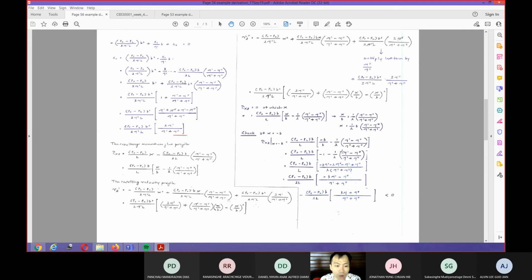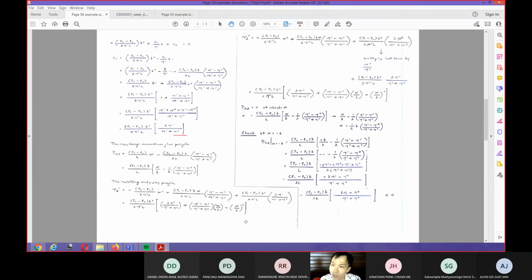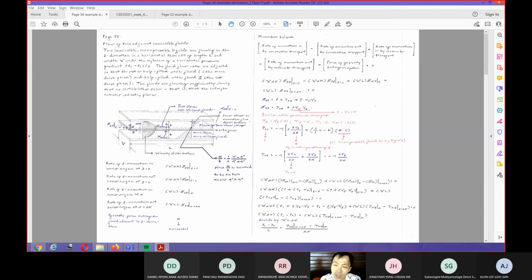Now, if you ask me why the shear stress in here should be positive, I simply just plug in the value of x equal b, basically, right? When I put it at x equal b, then P naught minus PL multiplied by B over L, I can convert everything into these terms in here. And since this is positive, this is positive, this is positive, all is positive, then it will be positive. So the shear stress at this particular position should be positive.